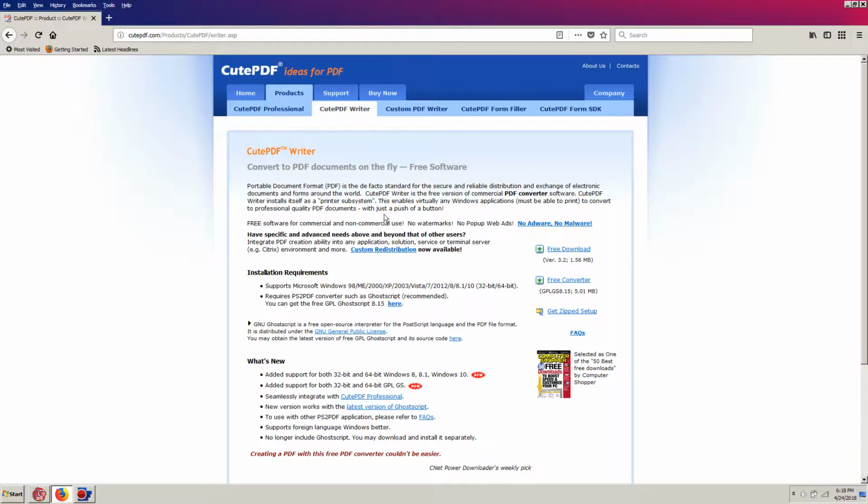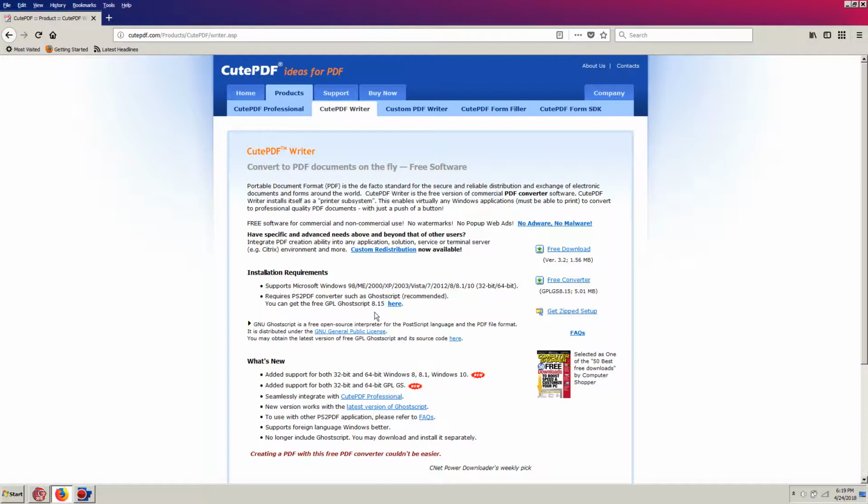One is the free Qt PDF Writer software, and the other they give you is a converter, what's called a Ghost script converter, and then you just click right here and you can download that and it'll install. But if it doesn't prompt you for that, you just click here and also download and install